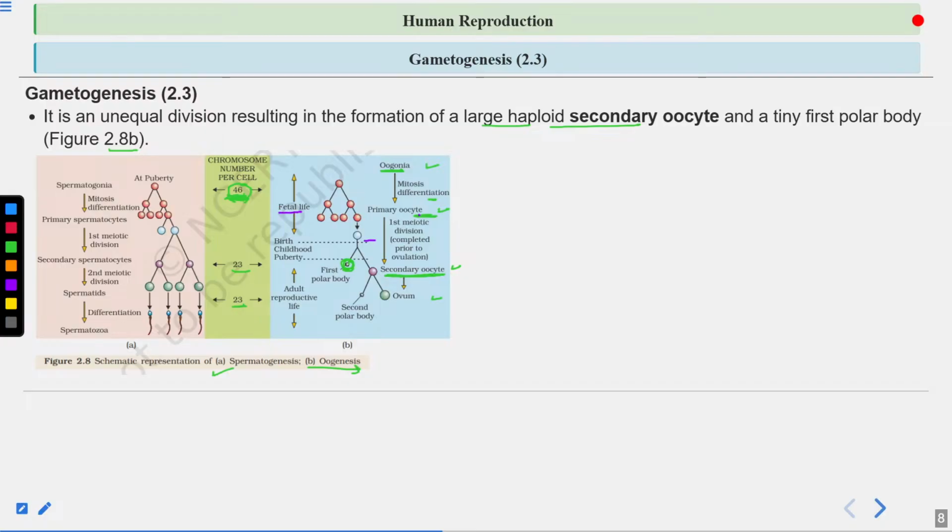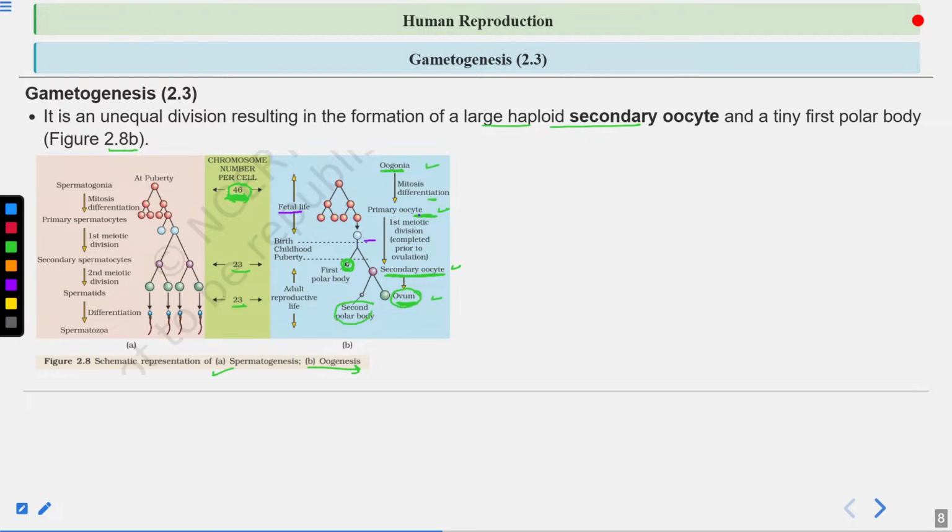Okay. This division is unequal, you can see, because a large haploid secondary oocyte is formed. So the bulk of the cytoplasm of the primary oocyte is retained in the secondary oocyte, because the secondary oocyte will later form the ovum, and the ovum will later form the embryo. Now the secondary oocyte will again divide. It will complete its second meiotic division, meaning meiosis 2, and it will form a large haploid ovum and